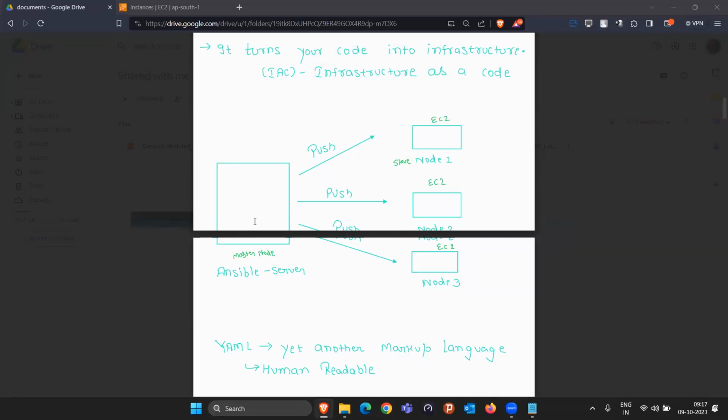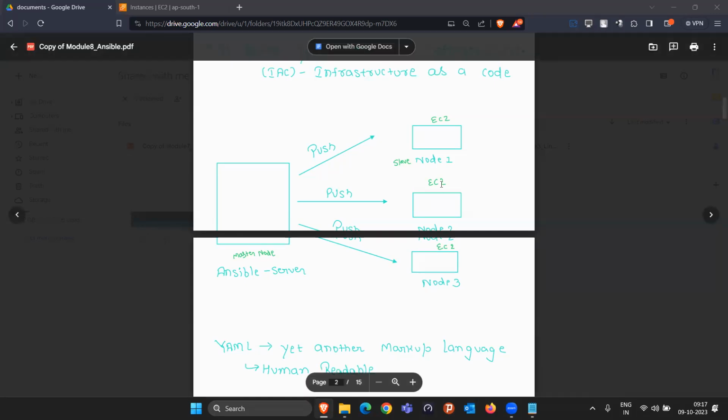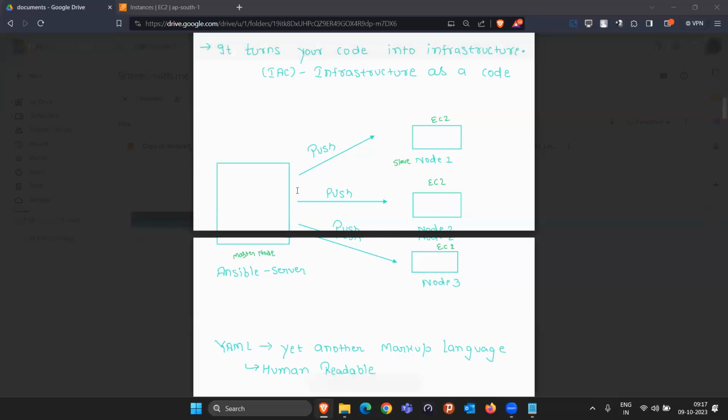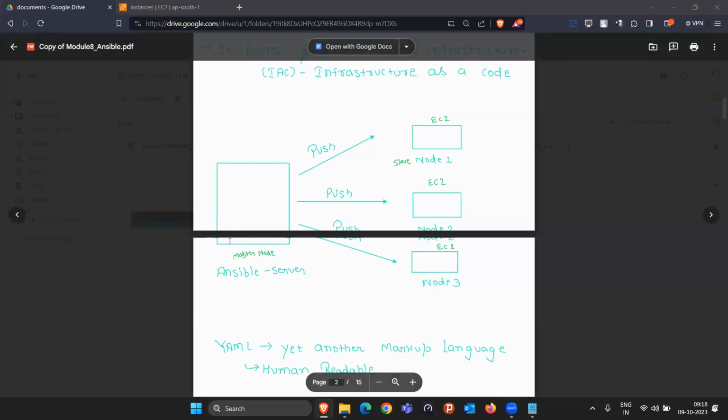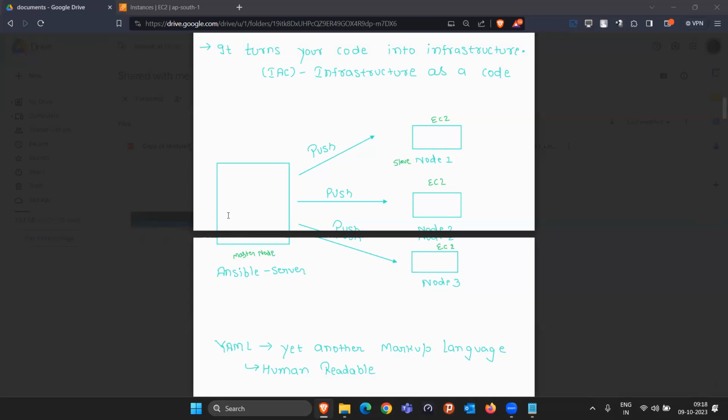Now, anytime the manager comes and says you have to update the software on all three machines, I will communicate from this master machine. I will type the command in the Ansible master, giving the software names and saying make them the latest version. That's it. As soon as I say that, it's Ansible's duty to read the file in which I wrote the IP address, username, and password.